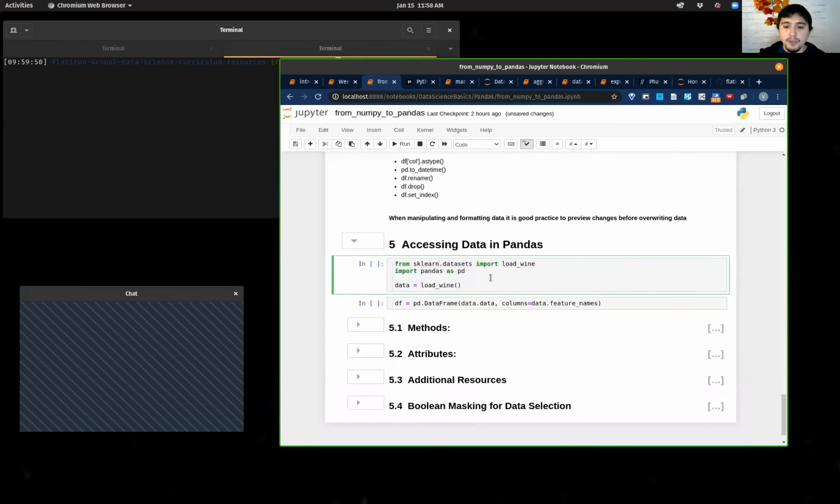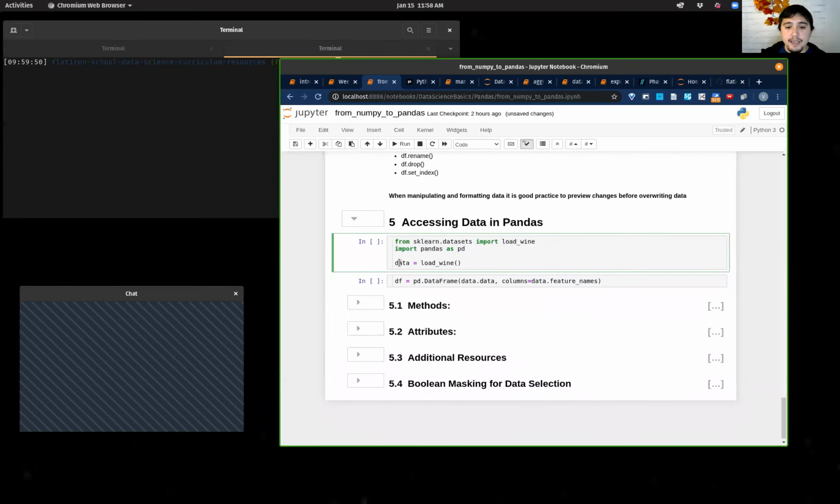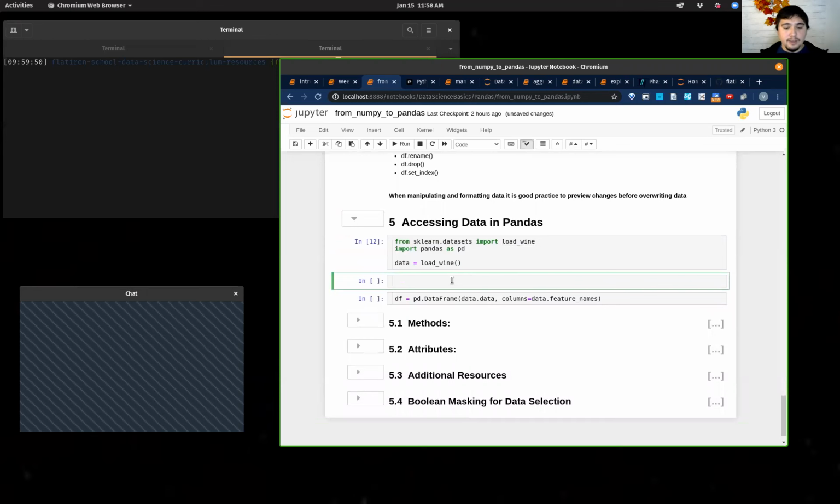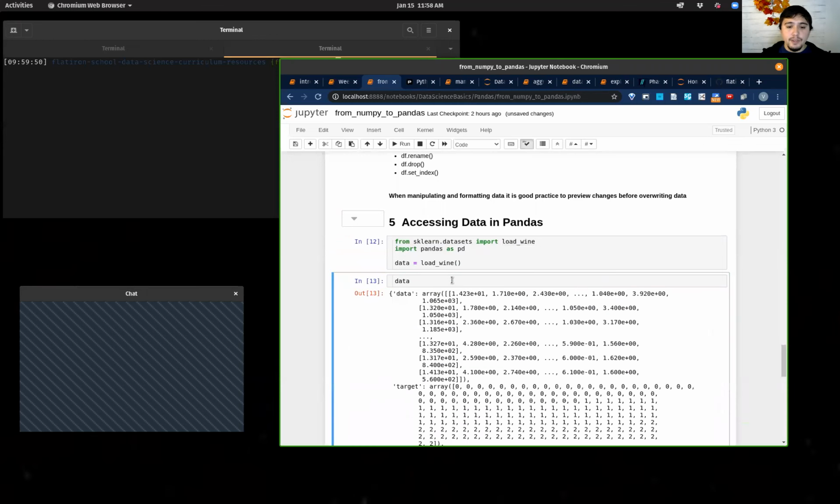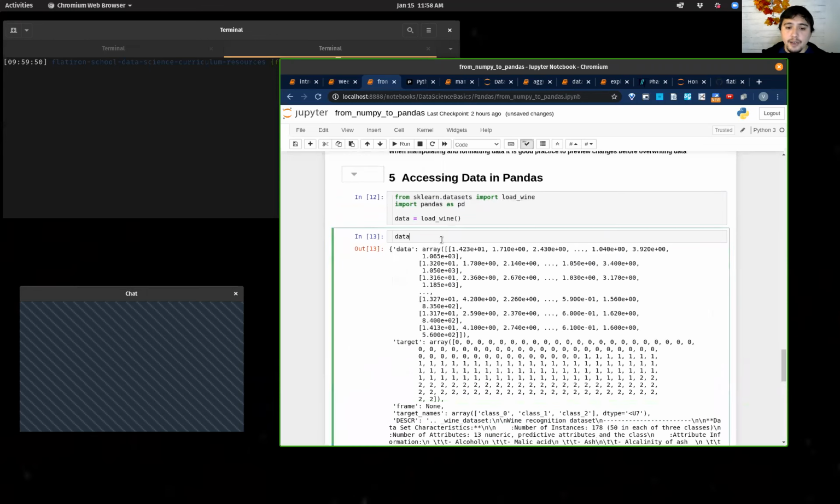So I'm going to import these two together, including pandas. We already did that, so it'll work fine. And then we'll say data is equal to load_wine. If I run this, it'll take a second and you can see it's all done. Let's just see what data is. If I do data, you'll see it's a dictionary. In fact, if I do type